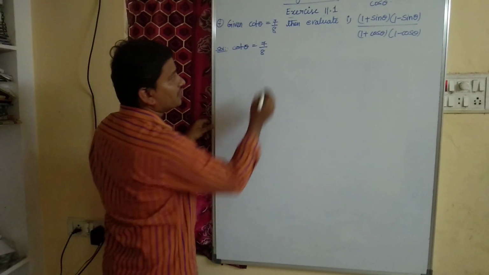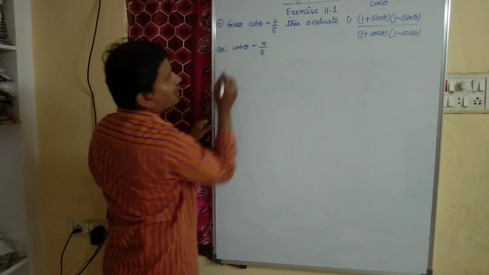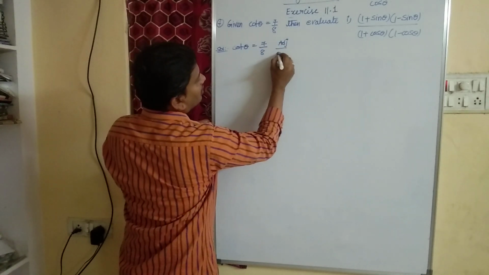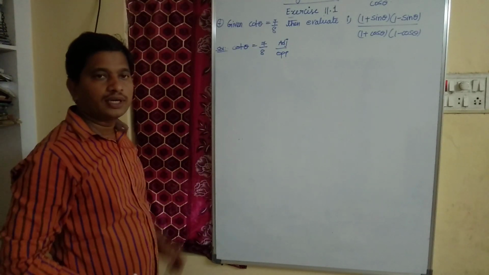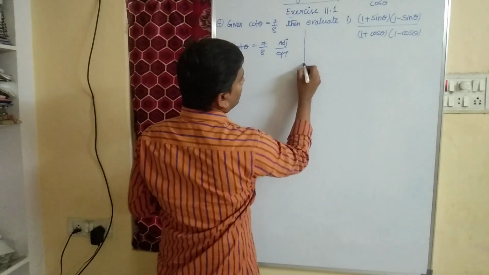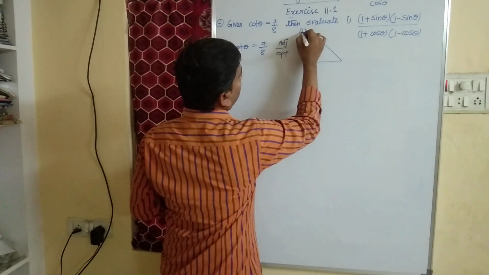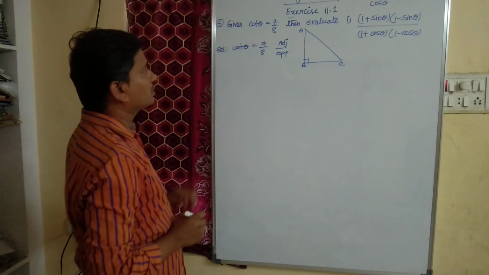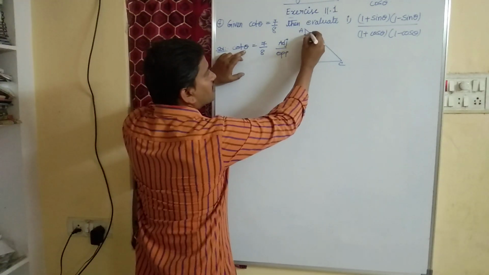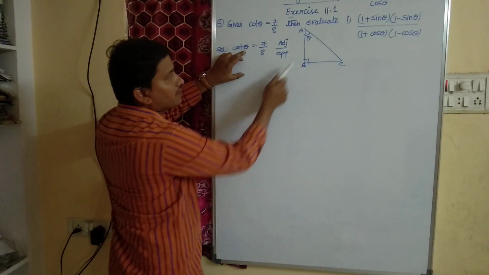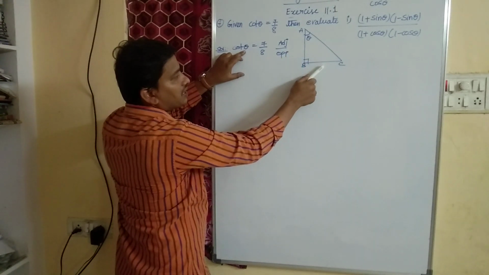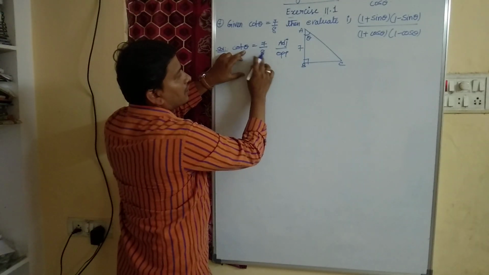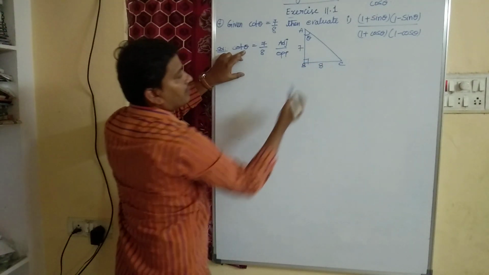What is the ratio of cot function? Cot is nothing but adjacent side by opposite side, right? Adjacent side by opposite side. Now consider a right angle triangle A, B, C. Right angle is at B. So cot theta, let us consider angle is at A, that is theta. With respect to theta, opposite side is BC, adjacent side is AB. AB is our adjacent side, 7 cm. BC is our opposite side, 8 cm.